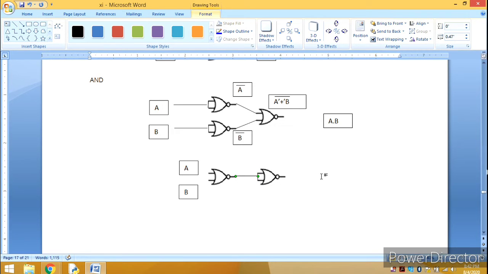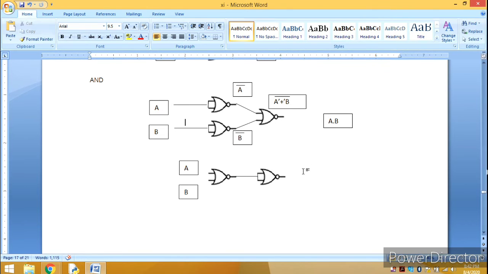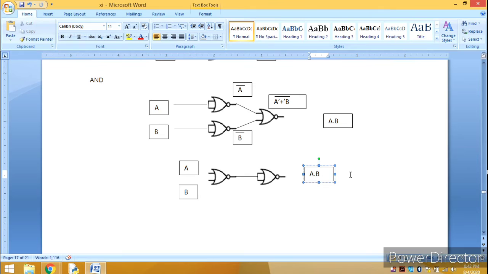The operator we used to combine it. Can you tell me what output you are getting over here? A plus B. Please be sure and try to know it, because these things we have already done. You are getting what? A plus B.